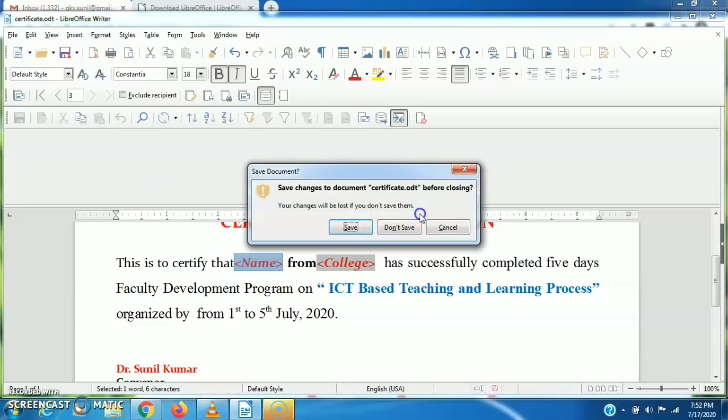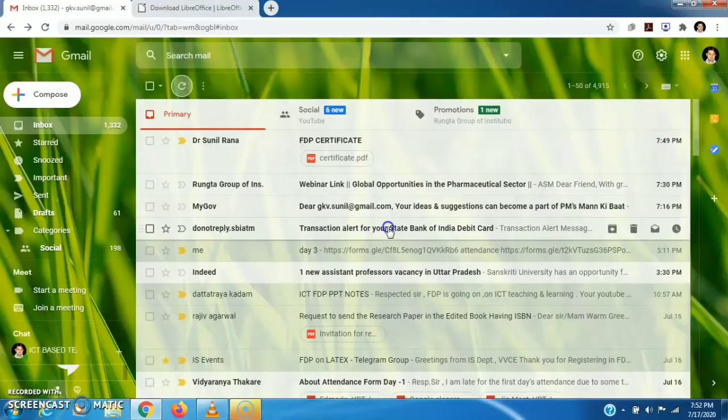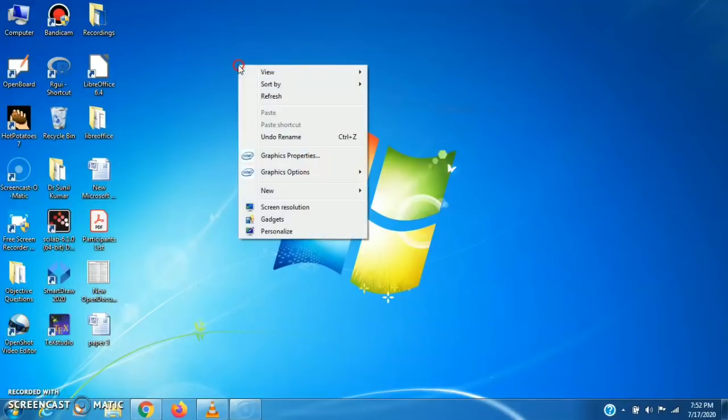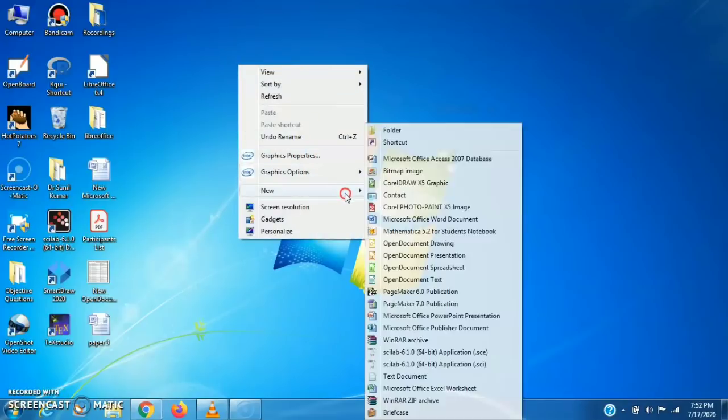Now, as I have already told you, LibreOffice is simply a replacement for MS Word. Just as in MS Word we can use Word documents, PPT, and MS Excel, all the things are here. We can create open document drawing.